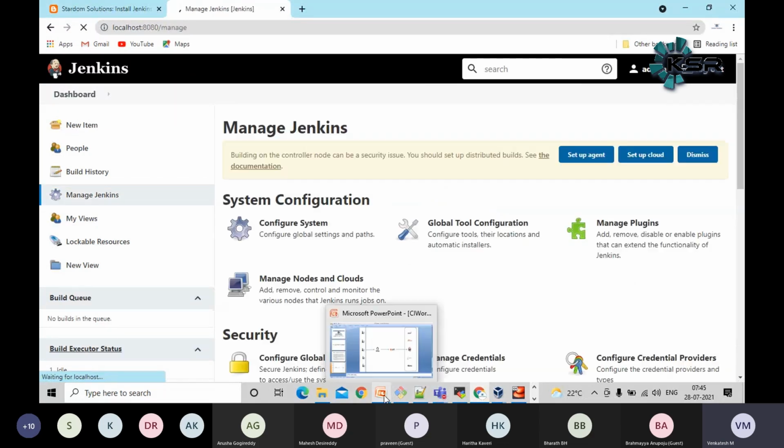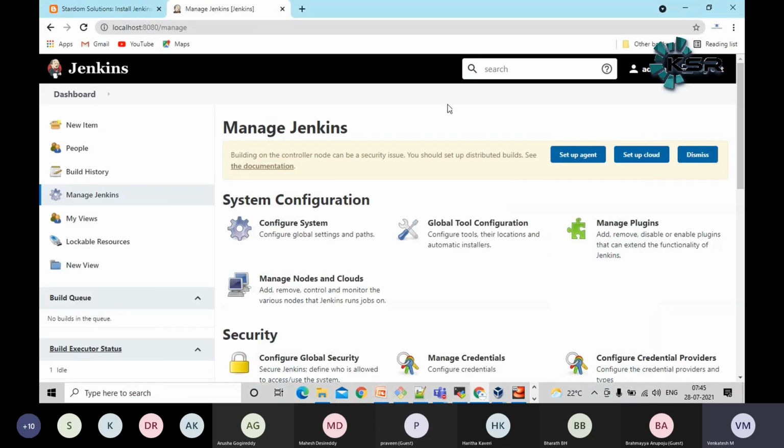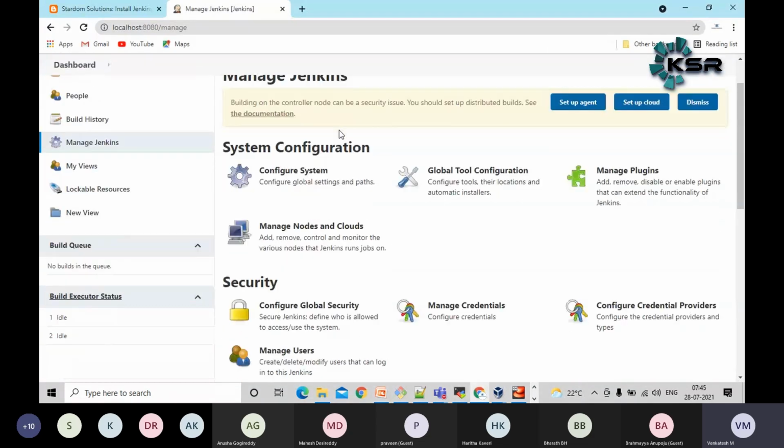As per our slide, what all things do we need to configure, guys? In the Jenkins machine, we need to have Java. Java is already installed as part of Jenkins. Then Maven we also need to install. These further things I will cover in further sessions. Now, if you go to Manage Jenkins, here we can see a set of options: the Configure section, Global Tool Configuration, Manage Plugins, and Manage Nodes and Clouds.